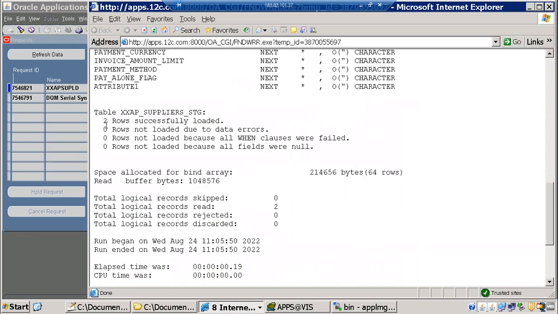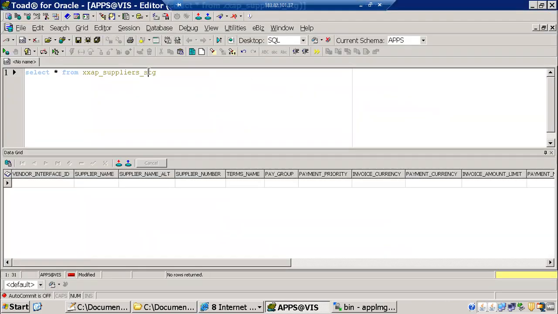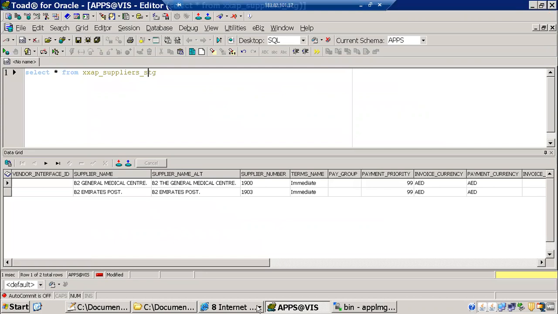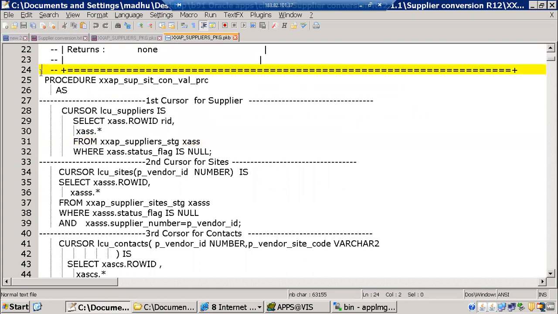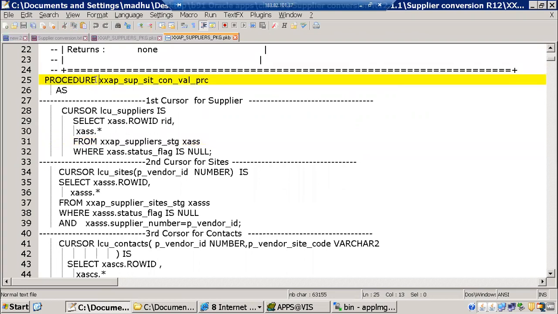Now let's see how many records loaded. 2 rows loaded. Just check. Yeah, now fine. I'm okay to explain now from here. So this is the procedure we are talking about. The procedure is